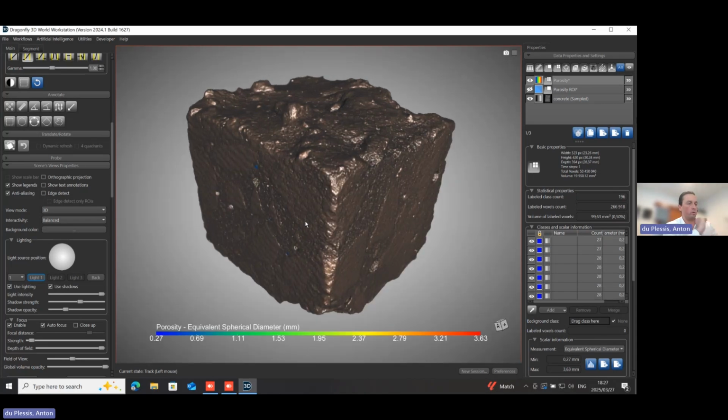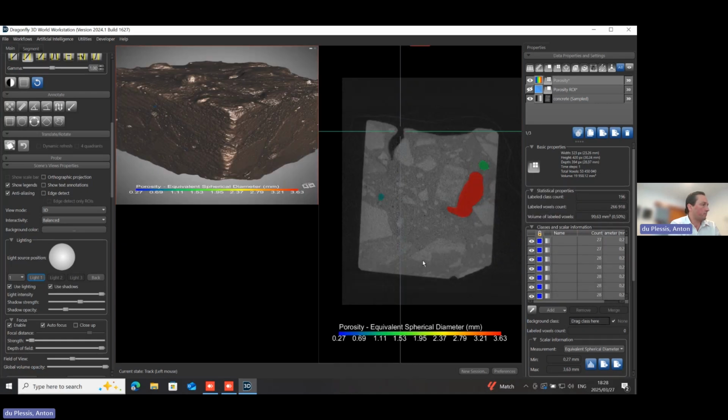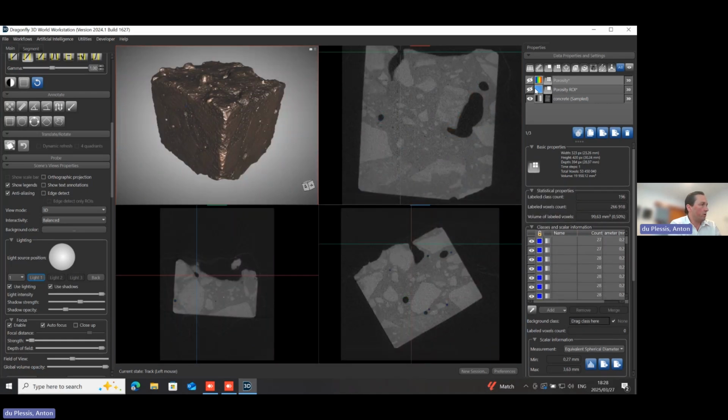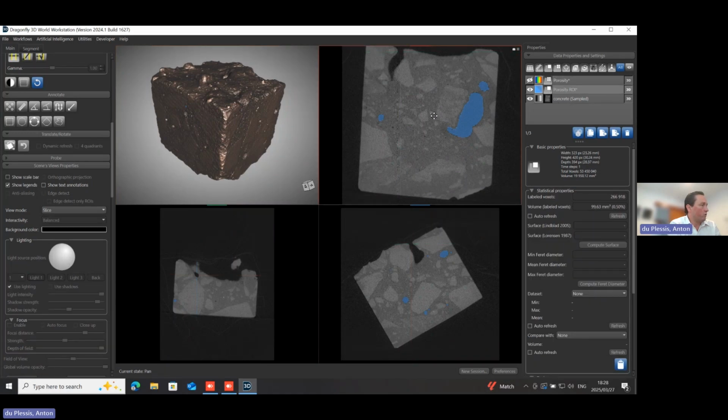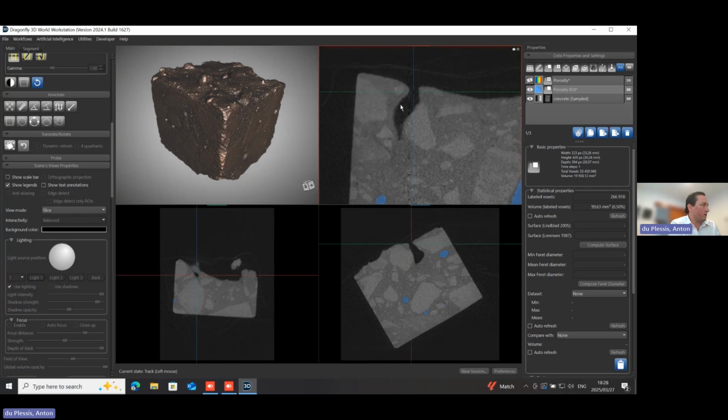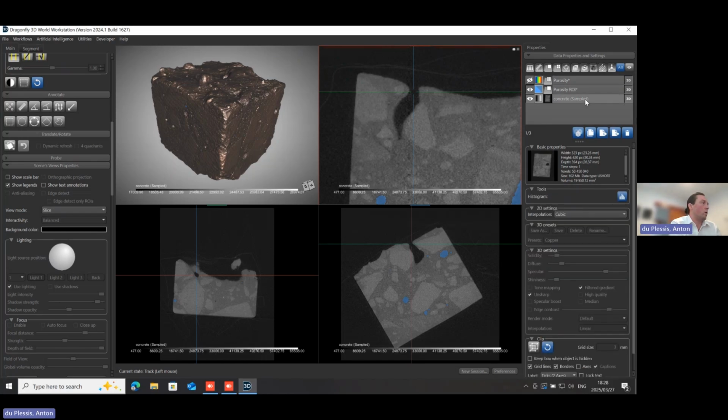The next thing that we want to do on this data is to work further on segmentation and defining the open porosity versus closed porosity. So let's forget about the analysis. We already have the porosity region of interest. There are different ways of segmenting this pore. You can do it manually. What I will show you here is quite a nice way of doing it by closing this cavity in a kind of shrink wrap method.